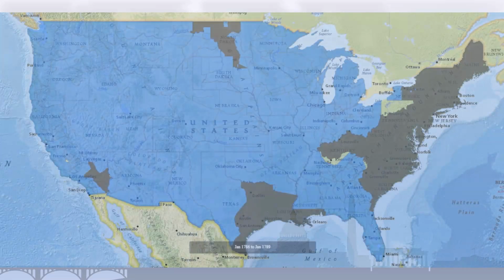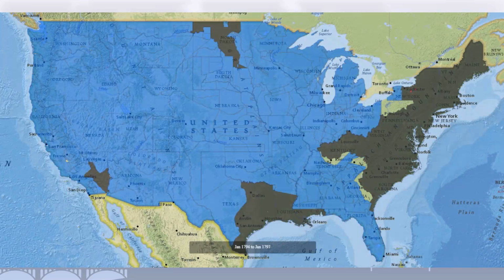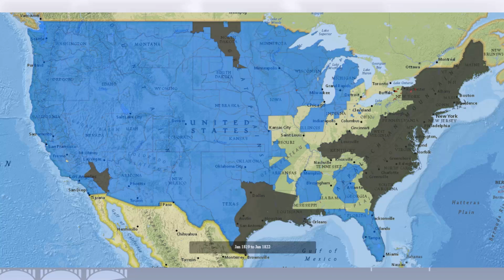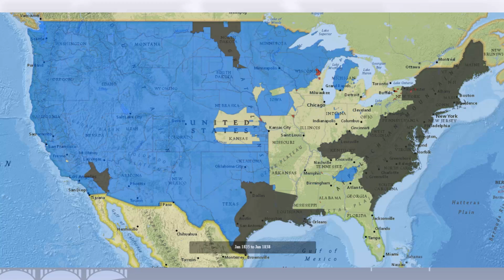As the United States government negotiated and reneged on treaties with tribes, and as settlers pushed west, Native Americans were pushed off their indigenous lands and onto reservations. Even at the founding of the United States as a country, Native American tribes controlled the vast majority of North America. This map, created by Claudio Saunt, a professor of history at the University of Georgia, shows that process over time. Beginning in the late 1700s and extending over a century, we gradually see Native Americans pushed off their homelands, represented in blue, and small reservations, represented in red, established.